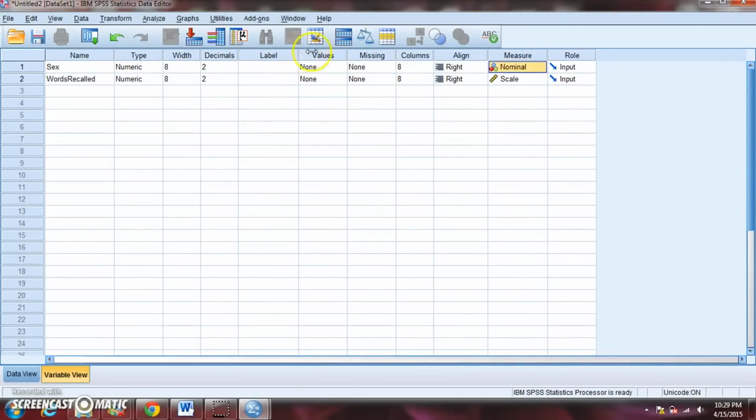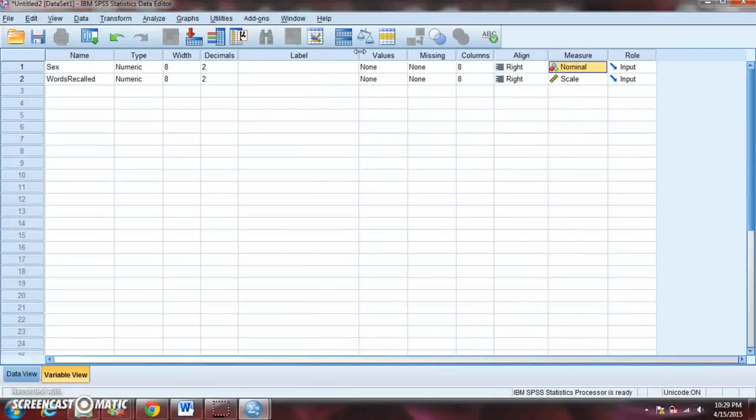We can also use the label column to give more detail to these variables. Now, sex and words recalled is fairly straightforward, but we could give a broader explanation here. So, for instance, we could call this sex of participant, whereas words recalled, we could say number of words recalled from the list.